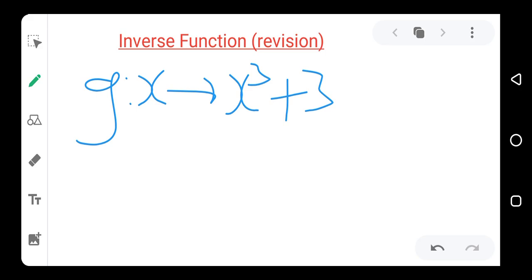Here, if we want to look for the inverse function of this function, that is g inverse,